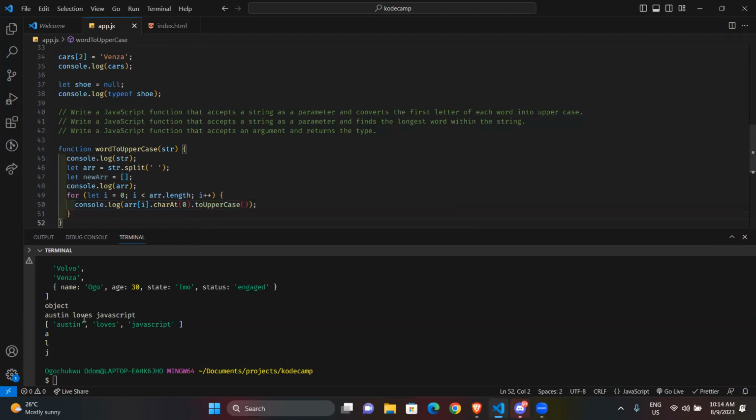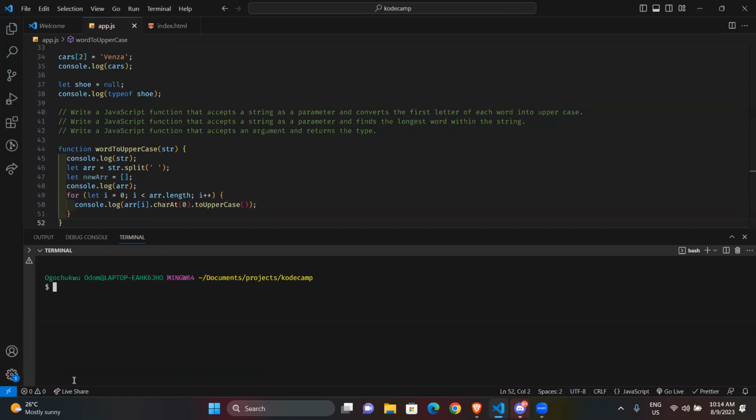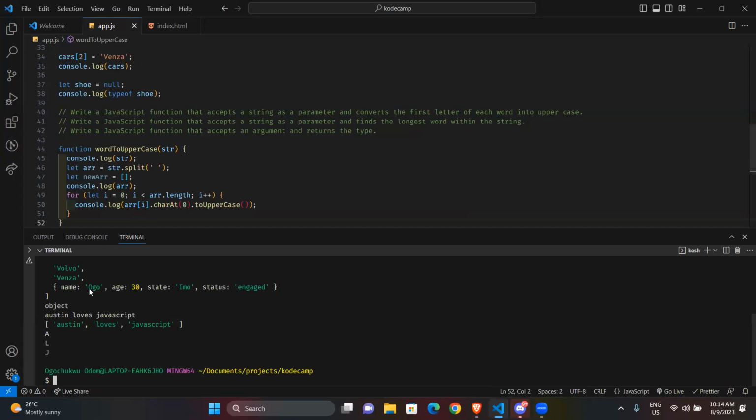Okay. So I'm just breaking it down. You can use a different approach. So I've actually changed the first character, but this is not what I want. I've been able to change each alphabet, but what I want is the complete word.